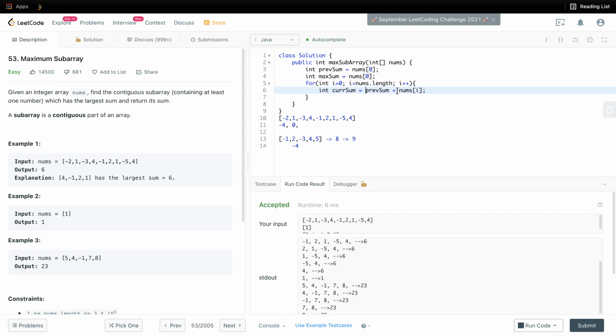Our current sum can be, so first we'll check whether our previous sum is greater than 0 or not. So if it is greater than 0, our current sum will be previous sum plus numbers of I. Here, instead of 0, we should start with the first element, because we have already considered our 0th element in previous sum and maximum sum. So numbers plus I, and if it's not greater than 0, in that case